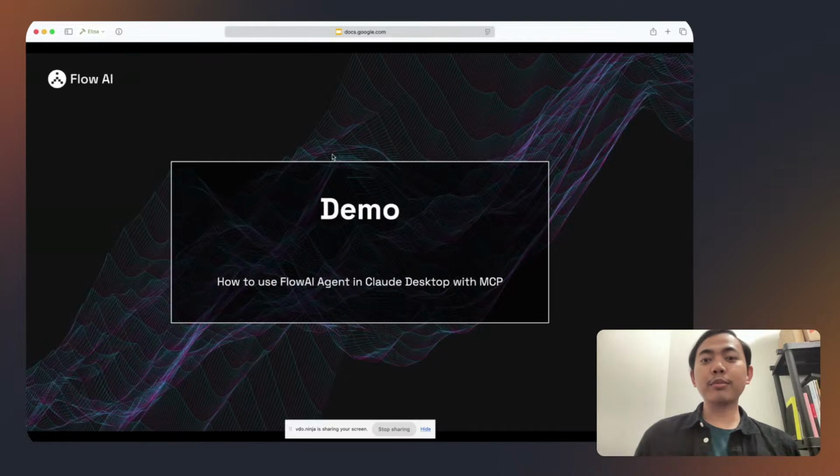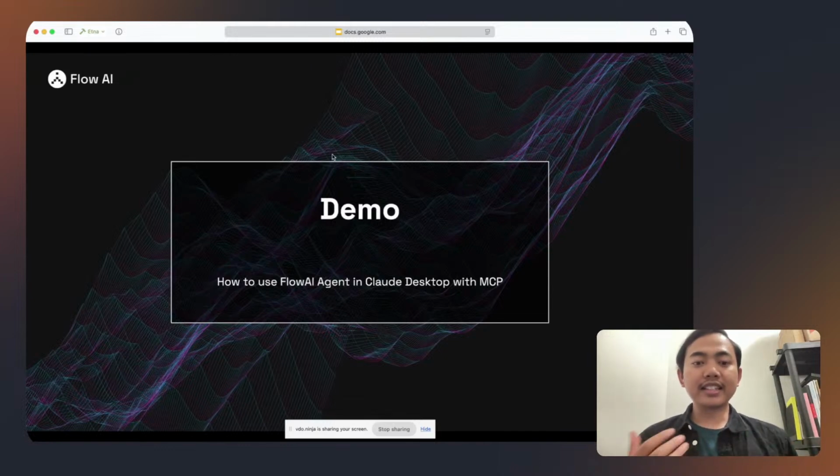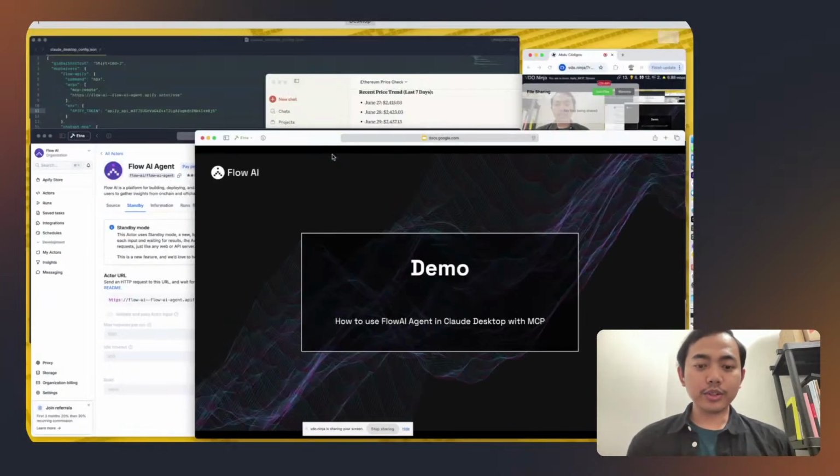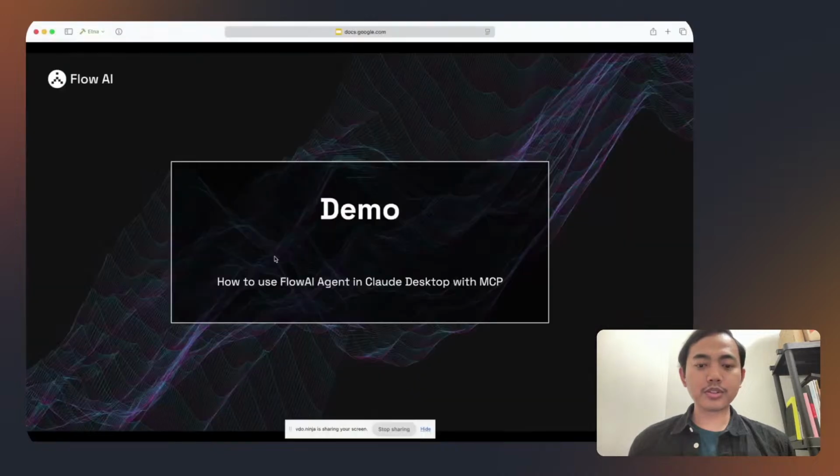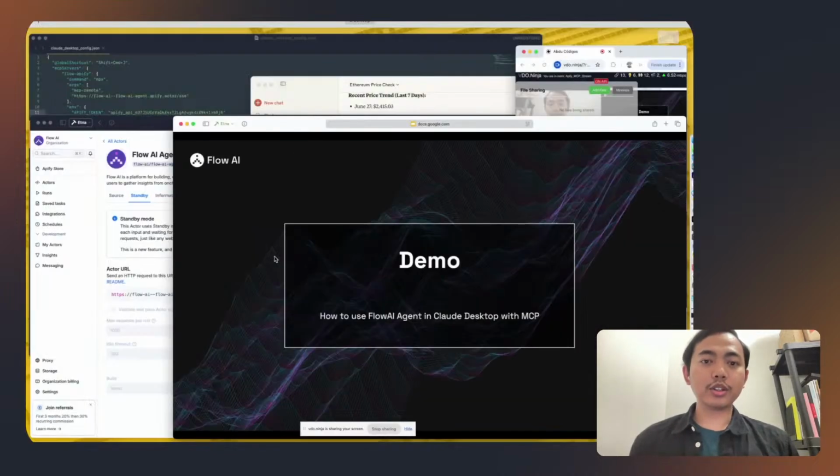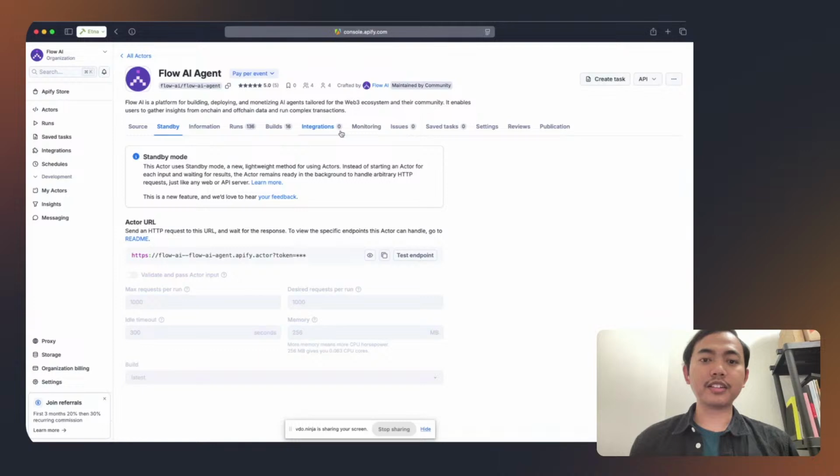The next step is I would like to give you a demo of how to use the Flow AI agent directly inside Apify. So let's see. One thing you can do is navigate to your browser and go to Apify right here.